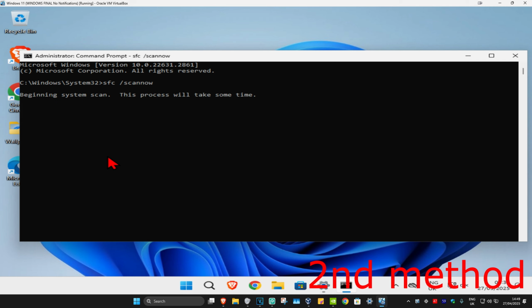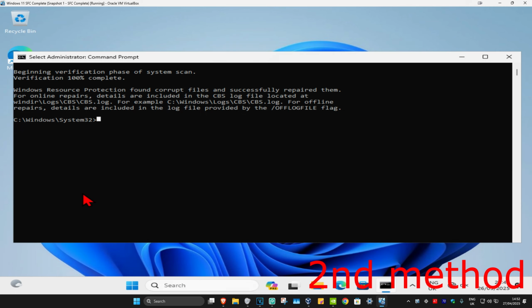Then you want to run this scan. Wait for this to load. I'm going to skip the video to when the scan will be fully completed. And then once that's been done, you now want to type in DISM